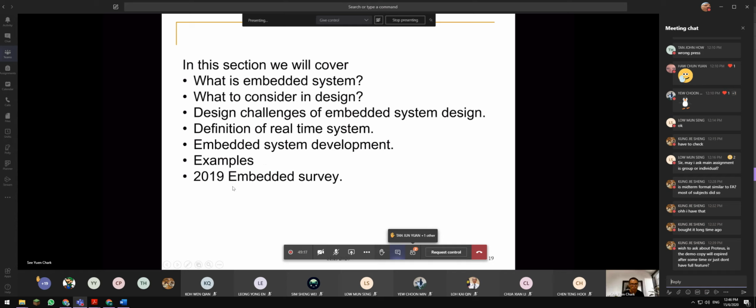And finally, we look into the 2019 embedded survey. Every 2 years, I look into the embedded survey to investigate whether we are on the right path, whether our syllabus is correct, whether it is all right that we study ESP32 and Microchip, or why we don't study other microcontrollers. Of course, I am personally not quite keen on MPLAB because it's quite slow and not very interactive. When you see Keil uVision, you find that it's very interactive.